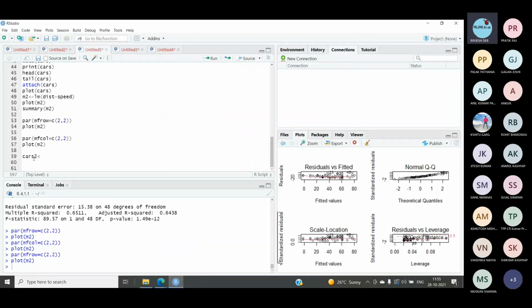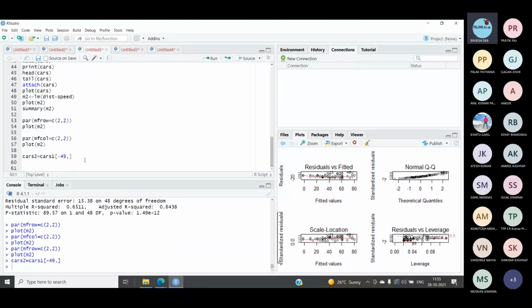For cars 2 equal to, what will we do? We will do cars 1 minus 49 comma. Done. Now let's print cars 2.